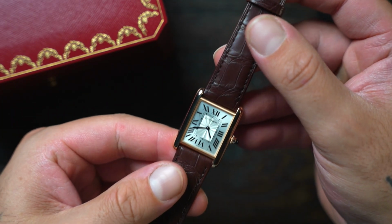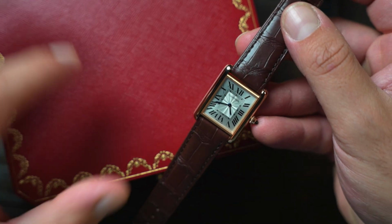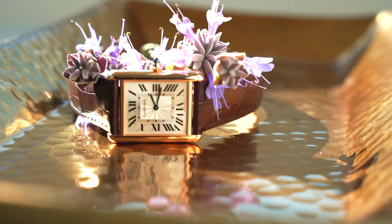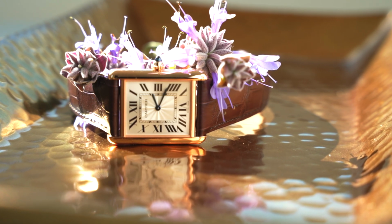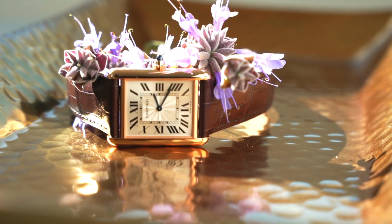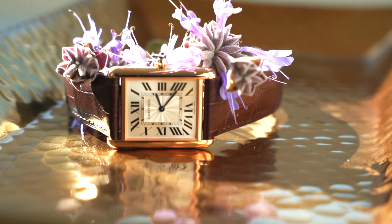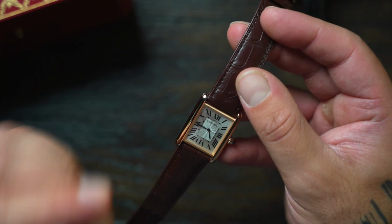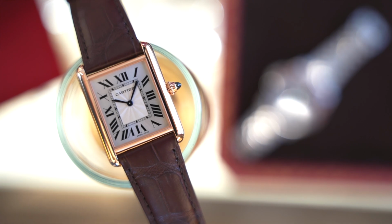Yeah, guys, I am over the moon with this watch. I think this is one of the most beautiful watches you can buy today. It is very simple in design, yet timeless. It's Cartier through and through. If you were to buy one Cartier watch, I think this is the watch. In my opinion, this is Cartier's best Tank Louis that they've made in a very long time. I think they hit the nail on the head perfectly with this offering, and it is my favorite Tank Louis,